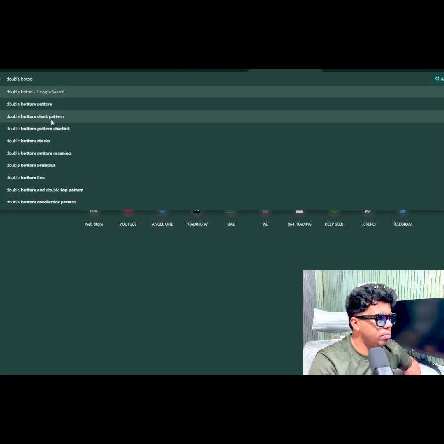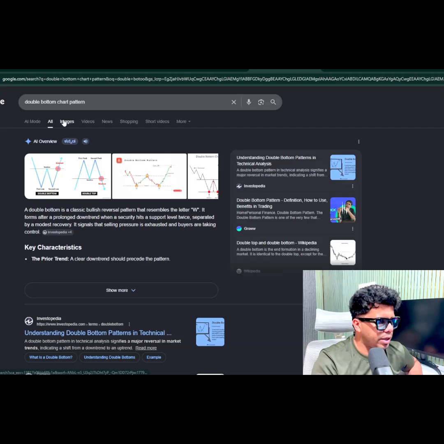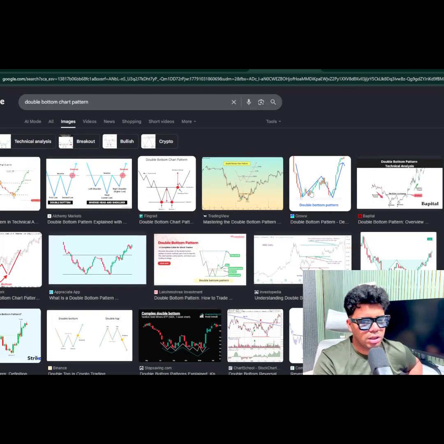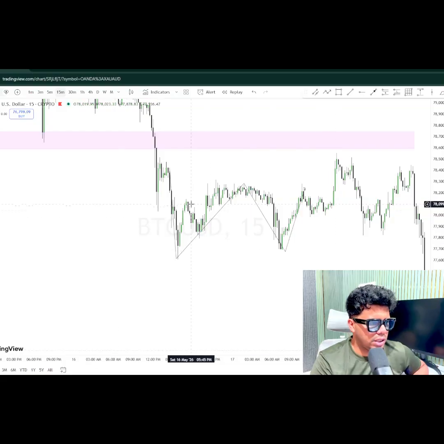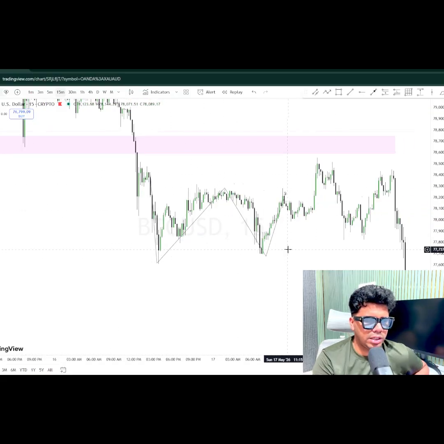Yeah, double bottom chart pattern that looks like this. I'm not showing this, it's just a basic thing in the markets. But we are not working in this. So this is a double bottom pattern that appears like this. At the same time, we can see our double bottom pattern appear from here like this, and most